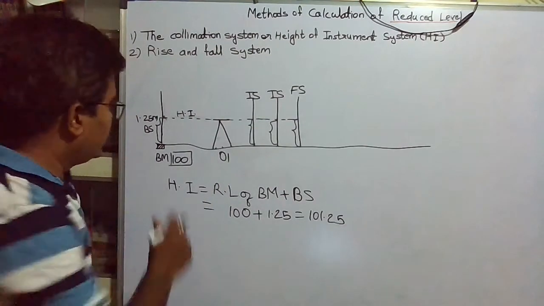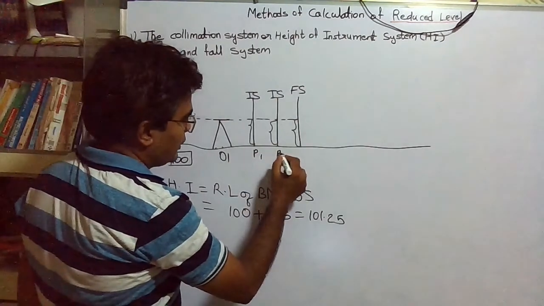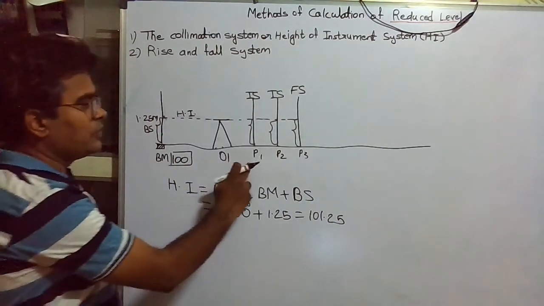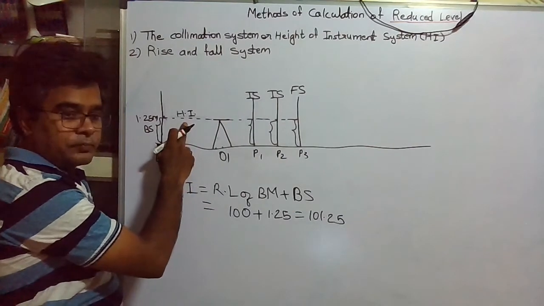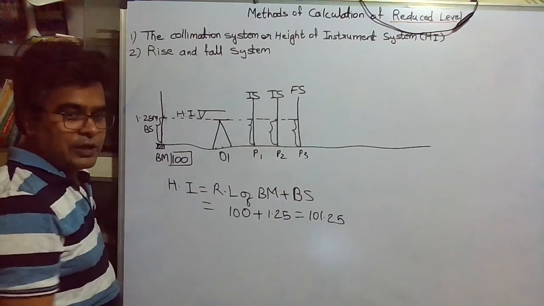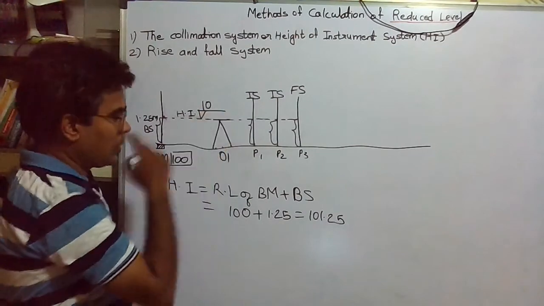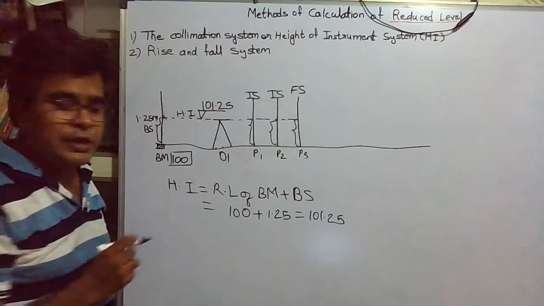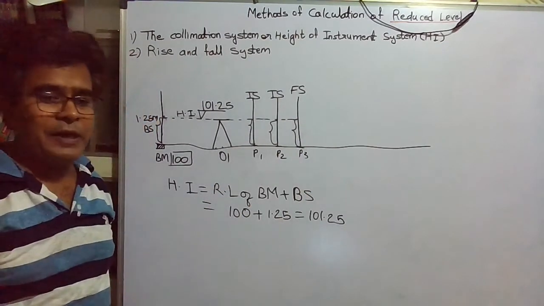Got it? So here this is the first point, the benchmark. These are the other points, suppose P1, P2, P3. There are a number of points. So how can we find out the RL of these different points? We know the height of instrument. So we know the RL of this line of sight, the line of collimation, which is 101.25. Now we need to find out the RL of these points P1, P2, P3. So how can we find it out? Just by